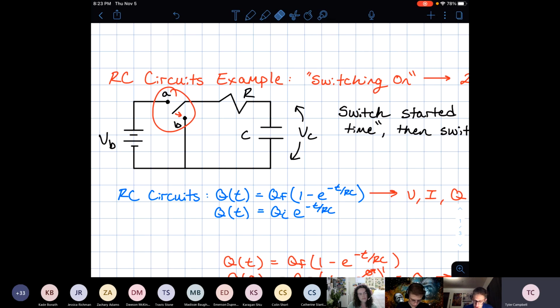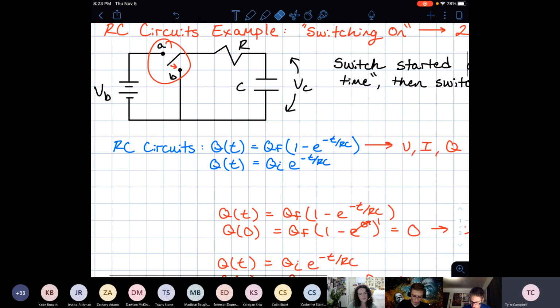All right, so if I move the switch to point B, and my capacitor is full, that means I must have to use the discharging equation to find out the voltage of that resistor, right? Does that seem to make sense? Because my capacitor started off full, and every second that goes by, I'm going to lose some voltage to